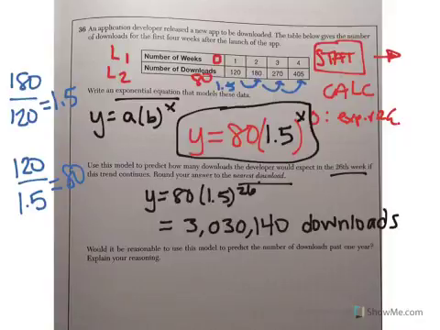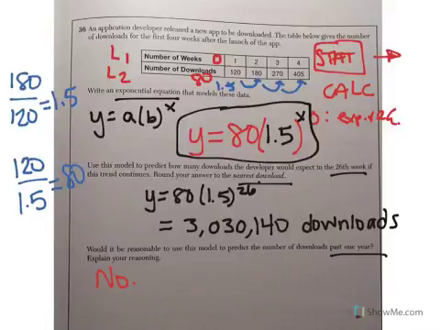Last part of this question, would it be reasonable to use this model to predict the number of downloads past 1 year? Explain your reasoning. Well, no, it would not be reasonable because you're looking at an app, okay? After a year of this new app being out, you're not going to have exponentially more downloads. Think of something in the past that you used to play all the time, like Candy Crush or something. When it first came out, it was very popular and everyone was downloading Candy Crush, but then at a point it stopped. Not many people were still downloading this new game because it was older and other things came out. So, no,